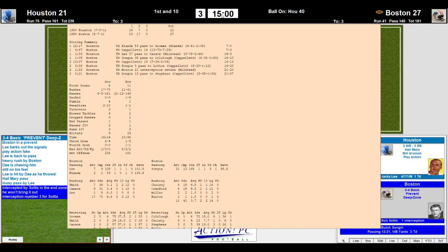Then Boston came back with a 36-yard touchdown pass from Songin to Kolkoff. Cappelletti kick, 14-10 Houston. Boston pulled to within one as Gino Cappelletti made a 19-yard field goal with 12:37 to play in the second quarter, 14-13. Then, after a turnover, a 5-yard pass from Songin to the tight end Lofton, Cappelletti kick, would take the lead